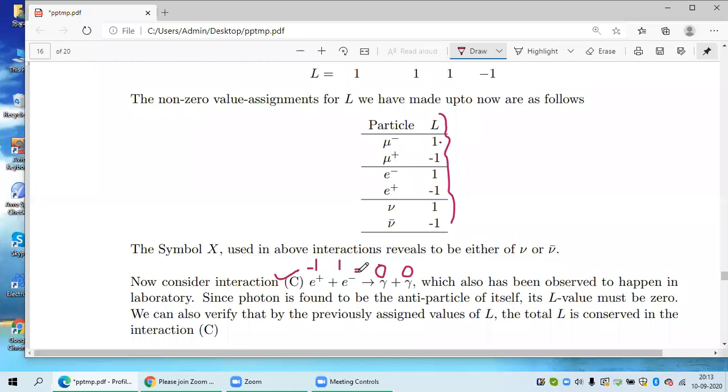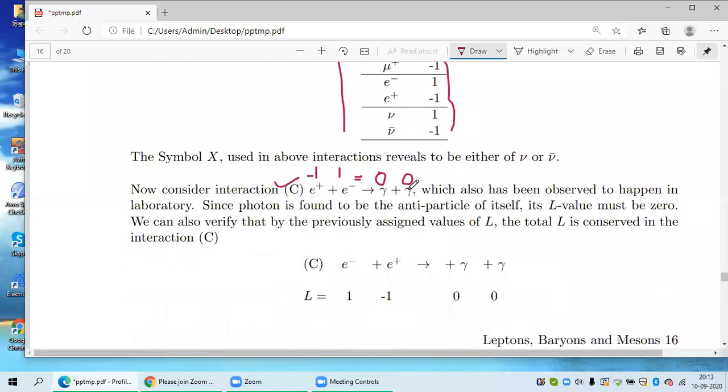So lepton number conservation is there. In this table, I only write the non-zero values of assigned lepton numbers. All other particles which are not in the list, for the time being, have 0 lepton number. So the pion is not in the list, so the pion has 0 lepton number. Only one entry of this is initialization. Other entries get their values from the list of reactions that are observed to happen in nature. So you can see here -1, -1. So C is okay.